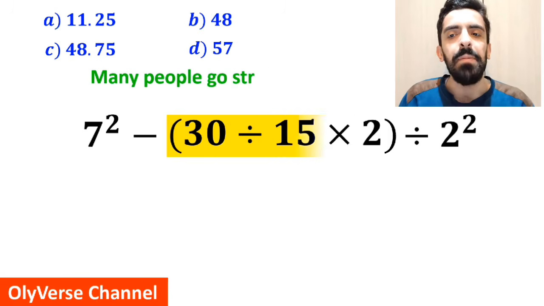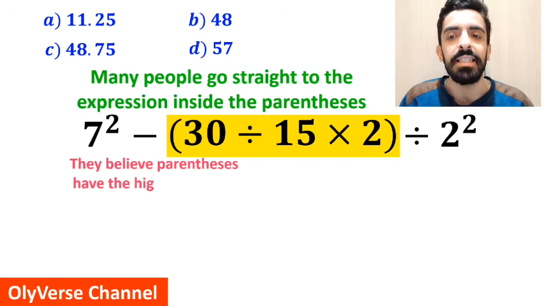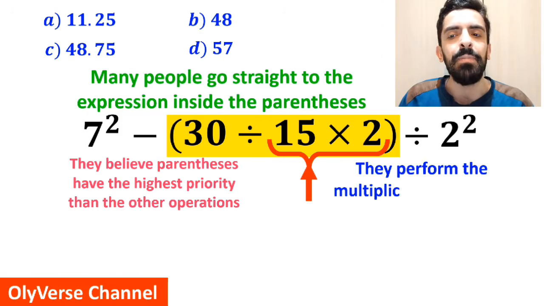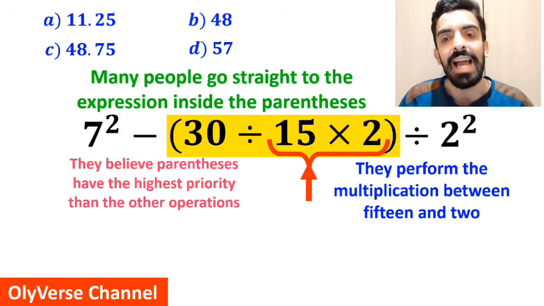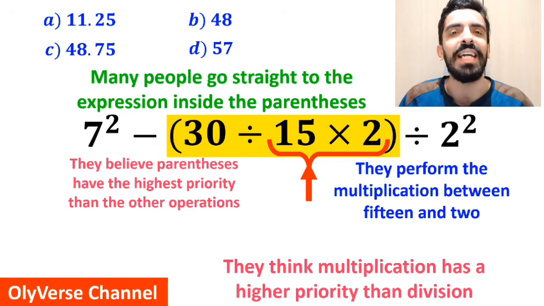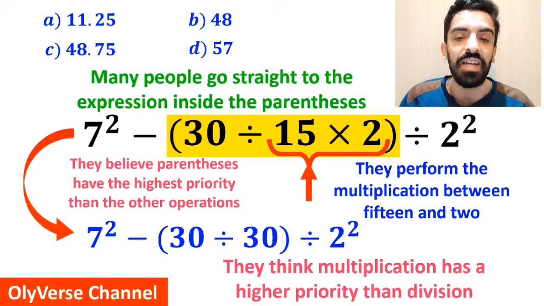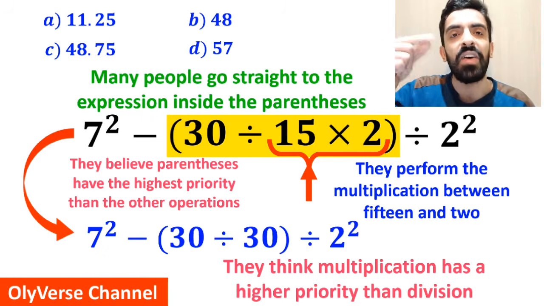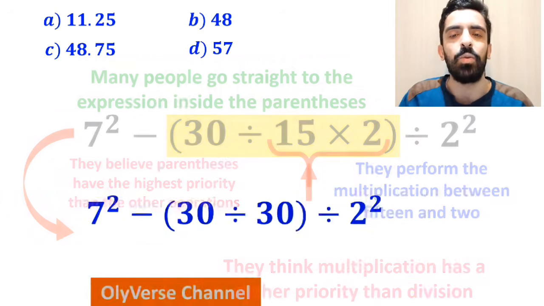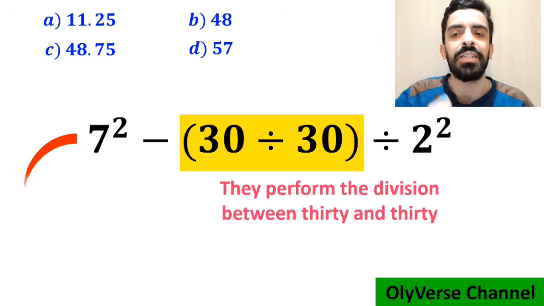At the beginning, many people go straight to the expression inside the parentheses because they believe parentheses have a higher priority than the other operations. And they immediately perform the multiplication between 15 and 2 because they think multiplication has a higher priority than division. So, they simplify this expression and write it as 7 squared minus 30 divided by 30 inside the parentheses, then divided by 2 squared. In the next step, they move on to the division between 30 and 30